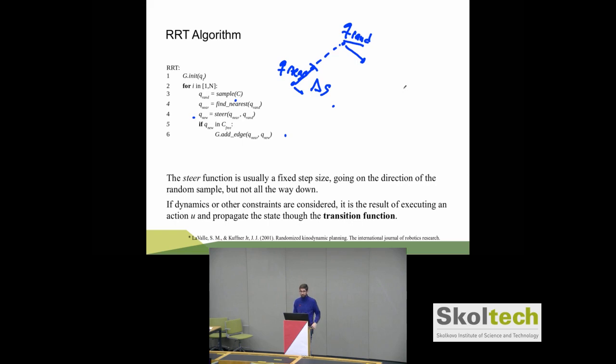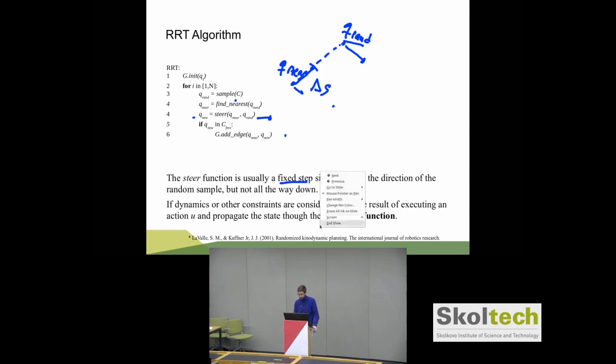So it's very similar to A star, where we have a table and you just backtrace all the positions. Okay, yes, this steer function maybe has physical meaning. We will not discuss dynamic systems or kinematics, at least not much. But if you think about it, this is a way of propagating your system, of changing the system over time,